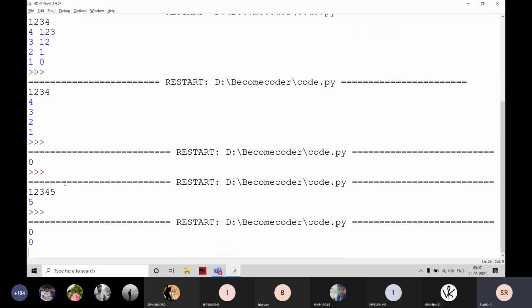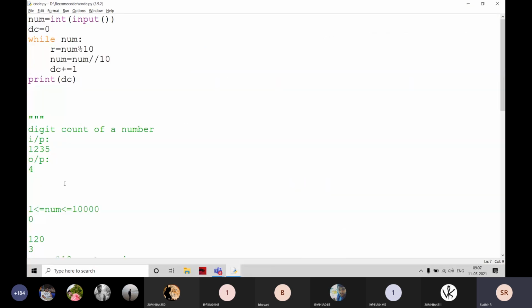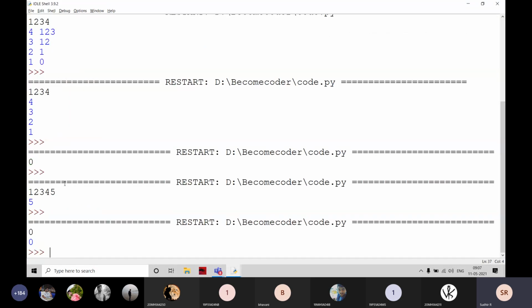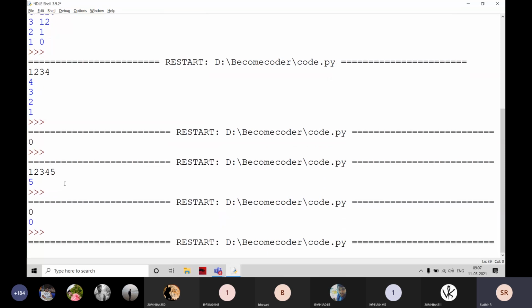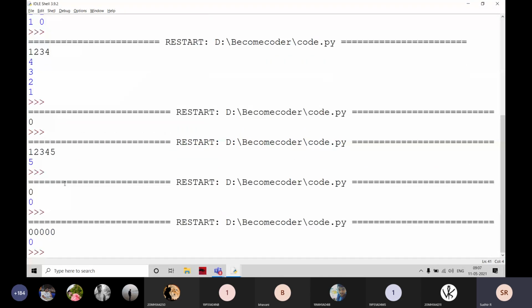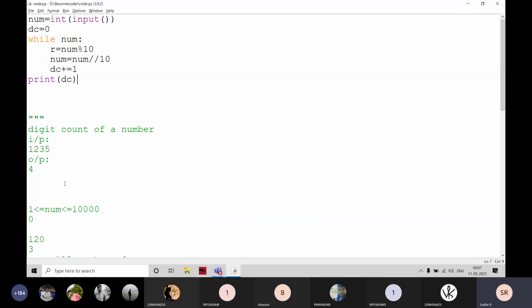If I give 0, it is going to be 0 only. For that, there is only one case. If it is 0 0 0 also, it is going to be 0 only.